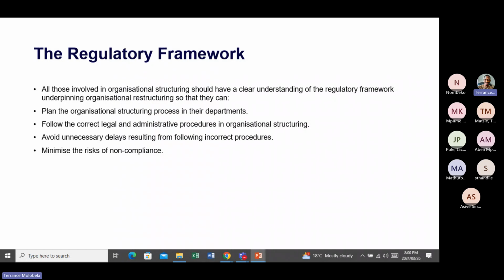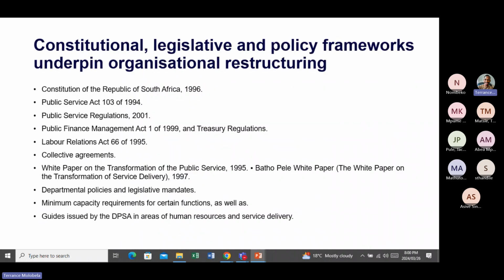These are some of the legislative frameworks that we are talking about. You talk about your constitution. Remember, I was talking about section 95, where you find your principles and values of public administration, to say that public administration must be development orientated. There must be transparency and accountability within your organization. So as you are restructuring, you must be able to define systems, or let me just say the manner in which you want your employees to report and account when given